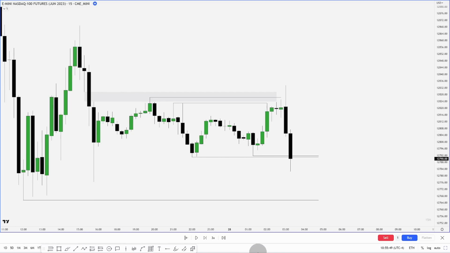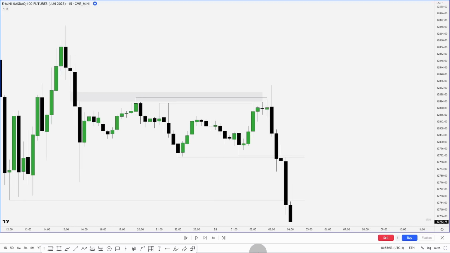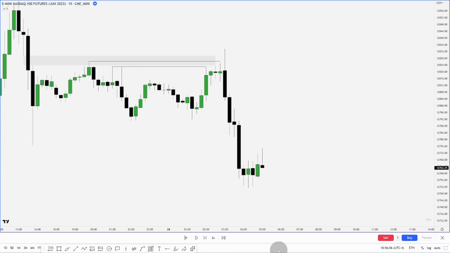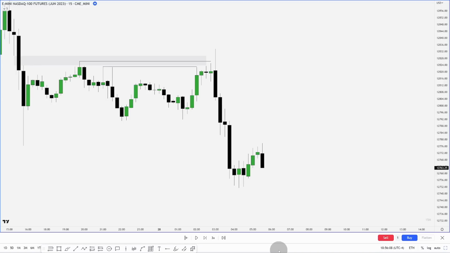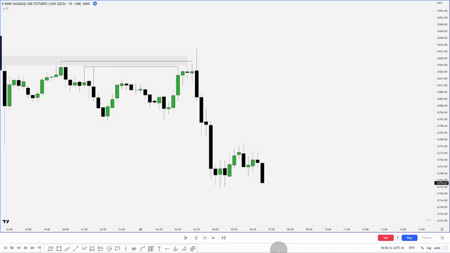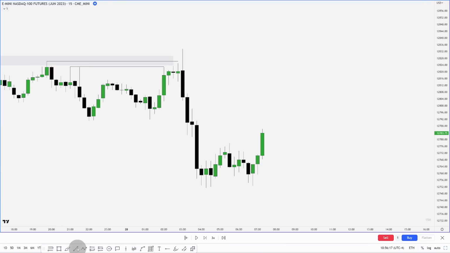So there we go. Price reaches through that low and then goes and takes out this low as well. Now, as we near the New York session, price starts to get a little bit of a retracement. And if you notice what is happening right here, price put in a low and then could not take that low out. So this is our low resistance liquidity, or failure swing.